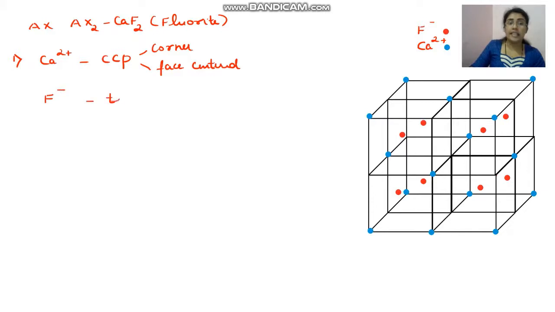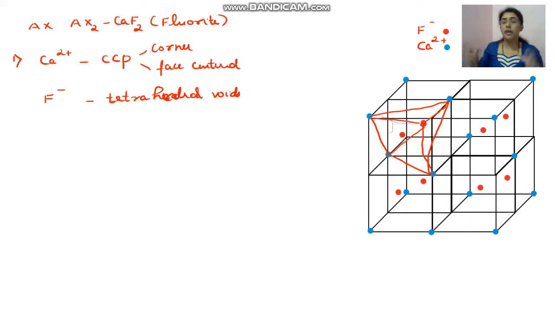They are present at the tetrahedral voids. And see, these are the tetrahedral voids. Like here, these 4 atoms: if I join this blue atom and this atom here, and we already saw in our first video how we can mark the tetrahedral void, if I join all of these, I would get a tetrahedral void here. At that void, we have one F- anion. My anion is placed there.